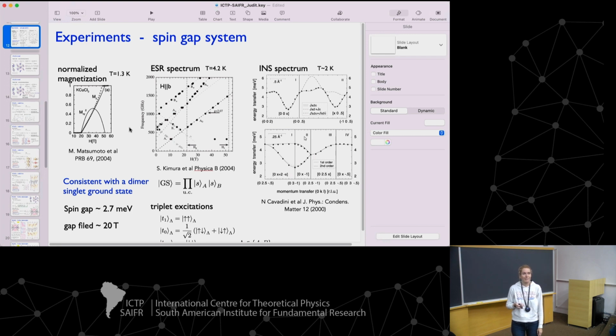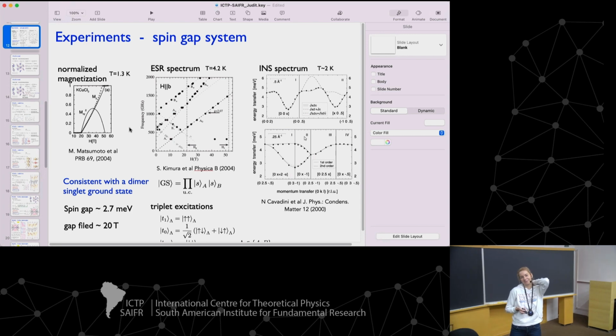The other question I have is, did you do any slab calculations to see what the extent of the edge states is? Yes, Charles made some calculations like that. I'm sorry, I don't have the plots here. I just would like to know, for the parameters that were chosen, how many spins? This is an experimental question, of course: how easy would it be to see these edge modes? That's a very good question, and that's the problem with magnetic excitations. It's very hard to measure the surface. If you know how to do it, I would be so happy.